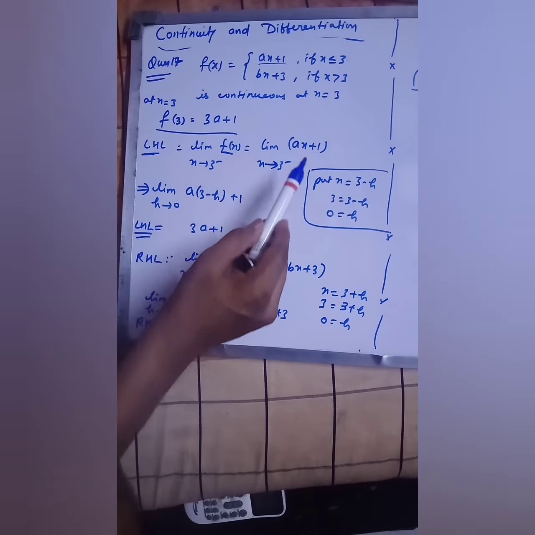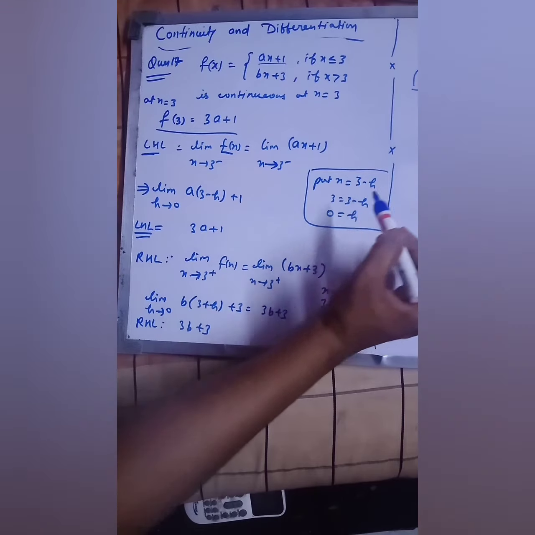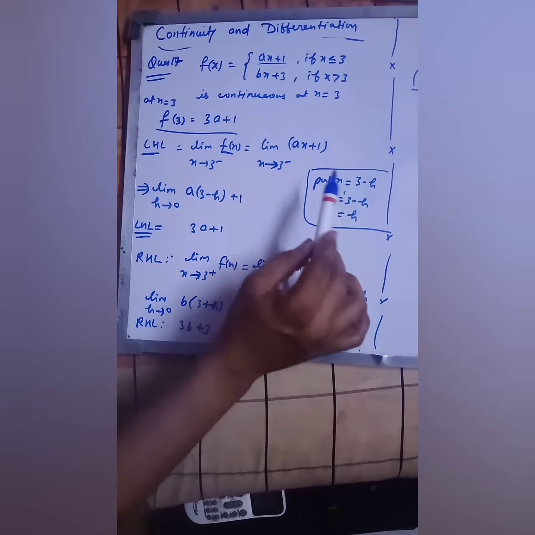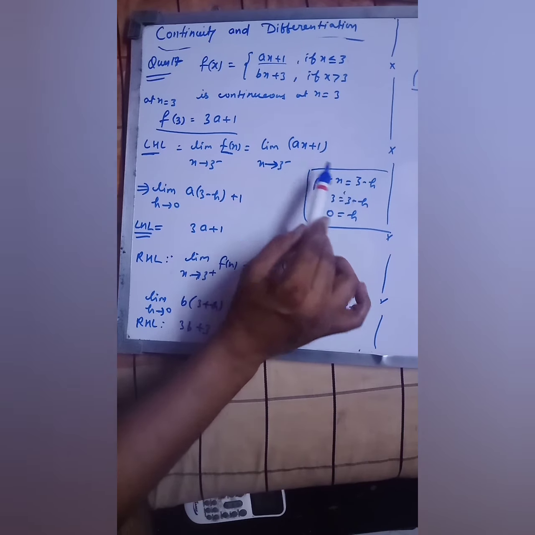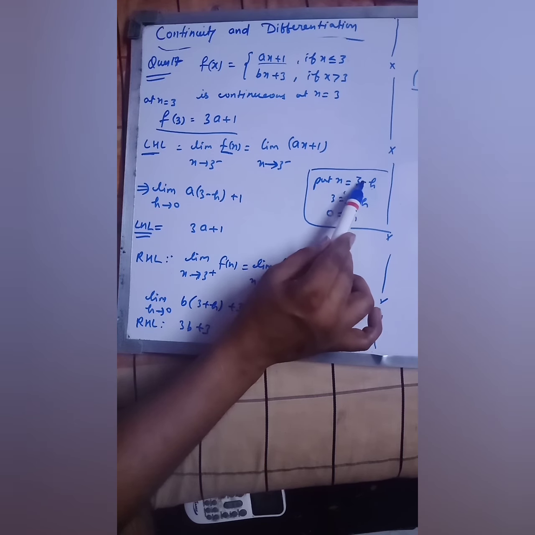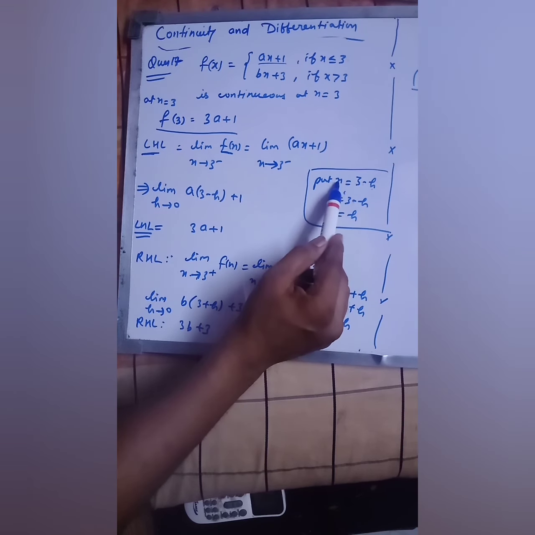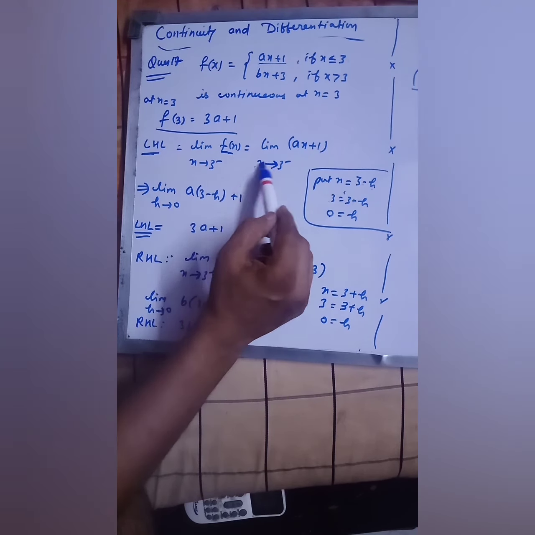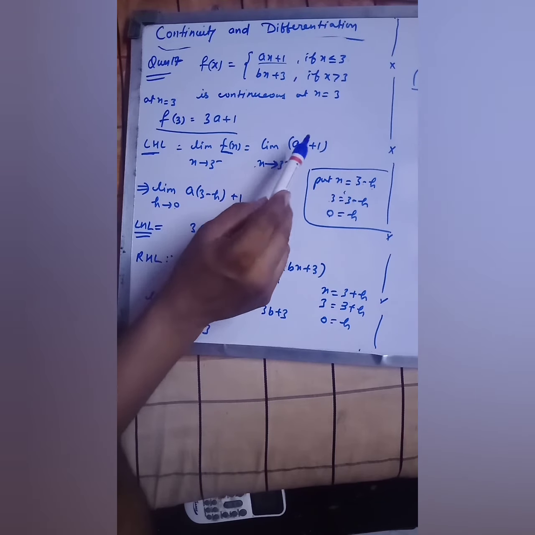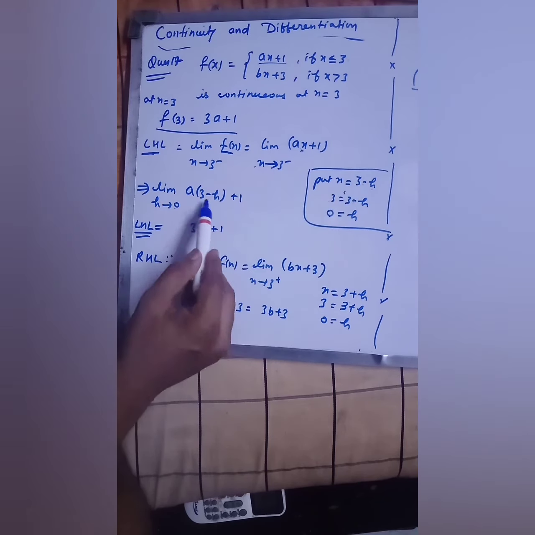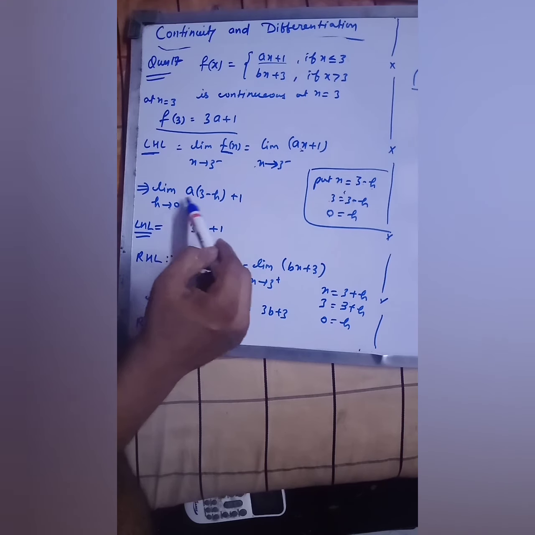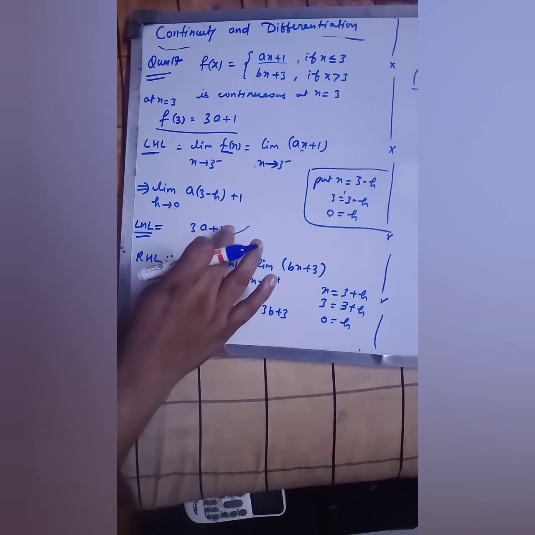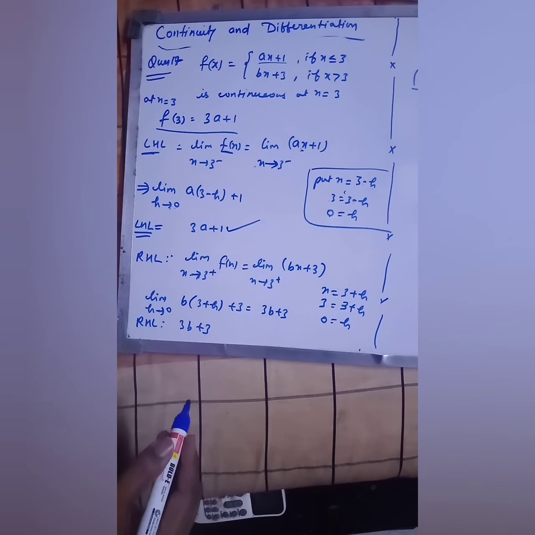So it is less than 3, that means you have to take ax plus b in place of f(x). After that, again the same trick you have to apply which you have applied in question number 1. Put x equals to 3 minus h, because at 3 you have to find the value. This minus is for left hand limit, and then you put x equals to 3 and you will get the value of h, that is 0. Now in the next step, limit h tends to 0, put the value of x, that is (3 minus h) into a plus 1. Put h equals to 0 here and you will get 3a plus 1. So this is your left hand limit.